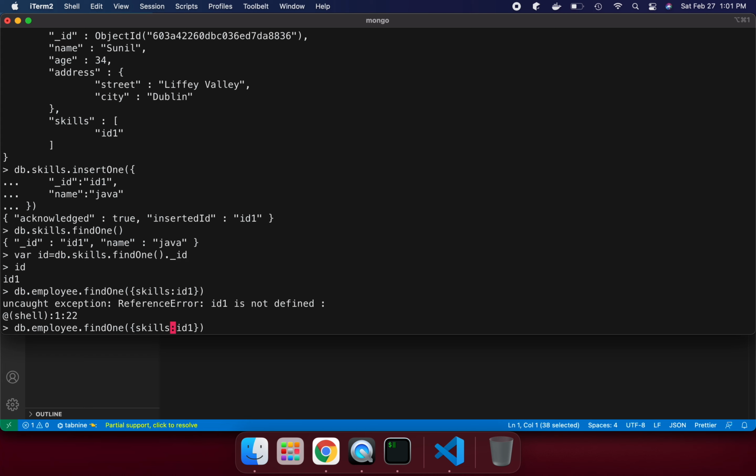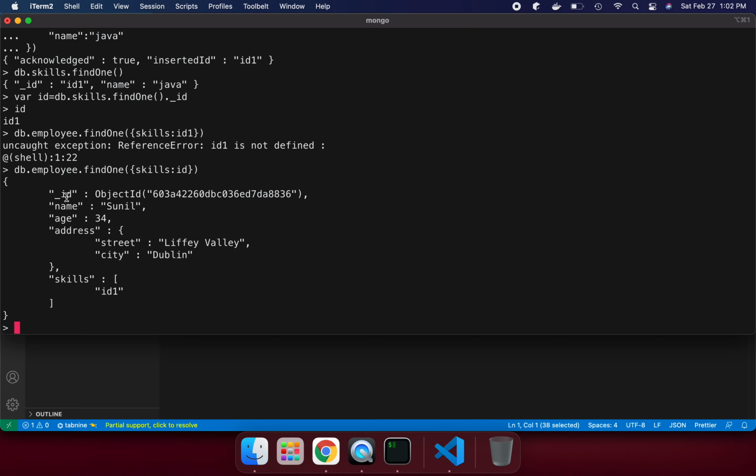I defined id, so let's refer to this variable name I gave, id. Now we are able to fetch: through the skill collection, if you want to find out whichever employee has this skill set, then we can find that mapping. So that is what I tried.